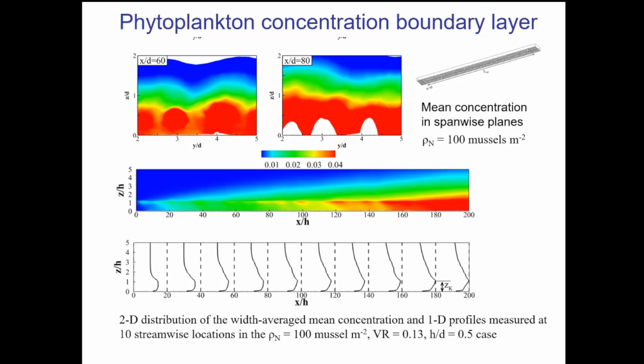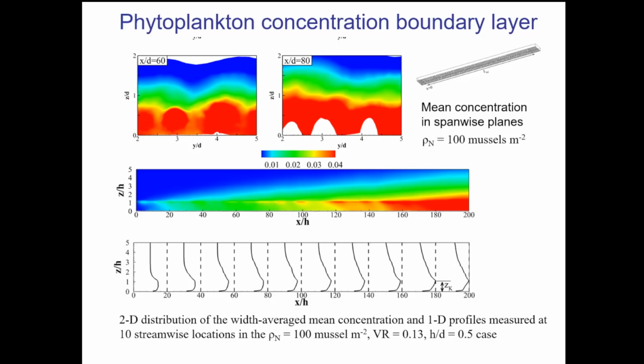But then at a certain streamwise location, this concentration boundary layer is going to hit the free surface, which means that up to the free surface, I'm going to have water which has a lower concentration of phytoplankton compared to the initial concentration in the water. Okay,